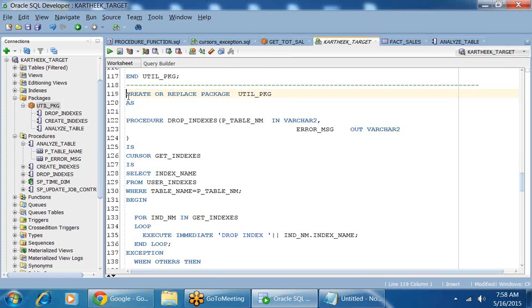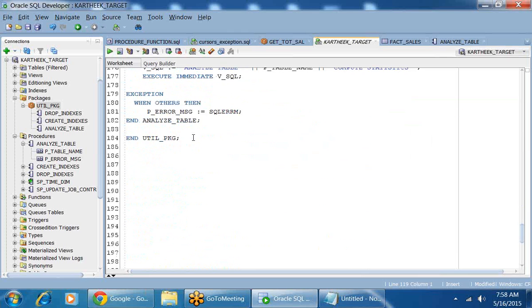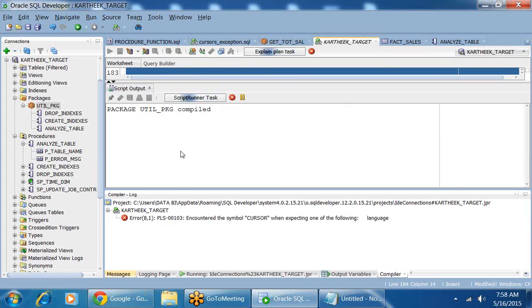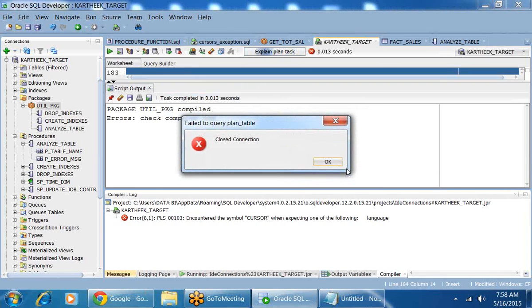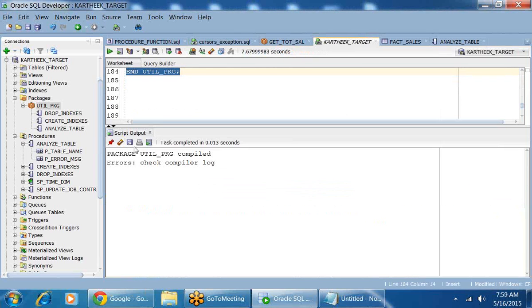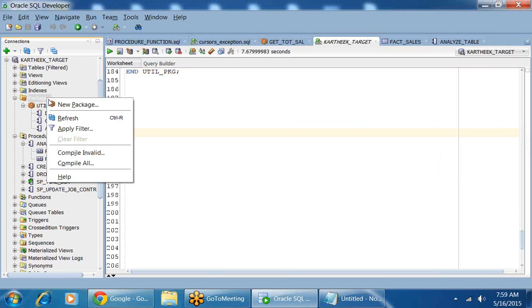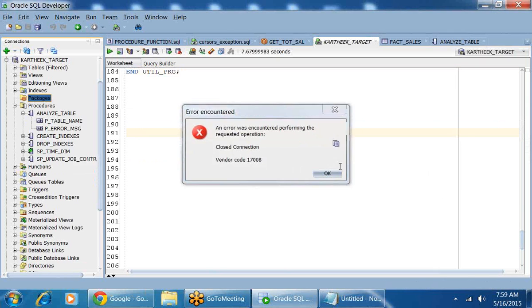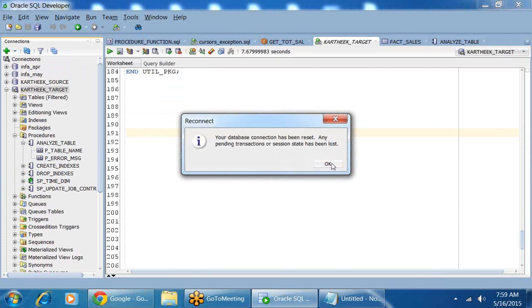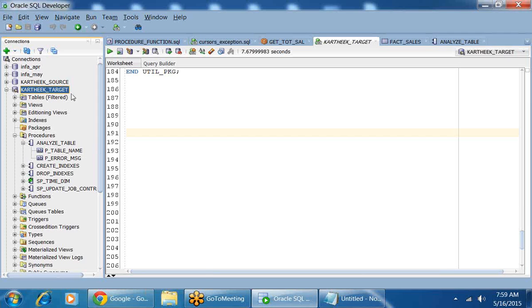Okay, let's try without this. All right, so we'll try to resolve the error one by one. One moment, let me refresh it. Okay, the connection is closed. Okay, reconnect